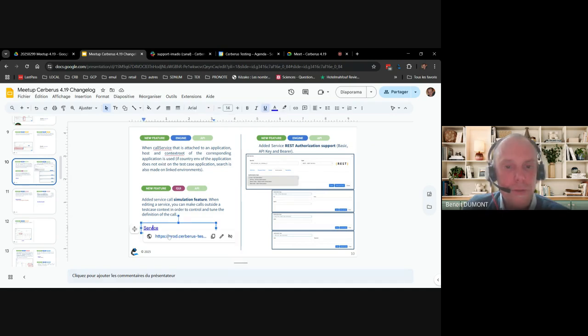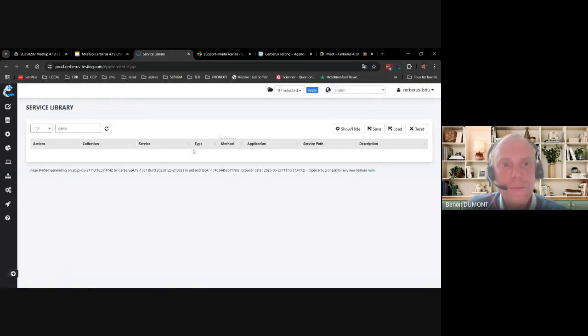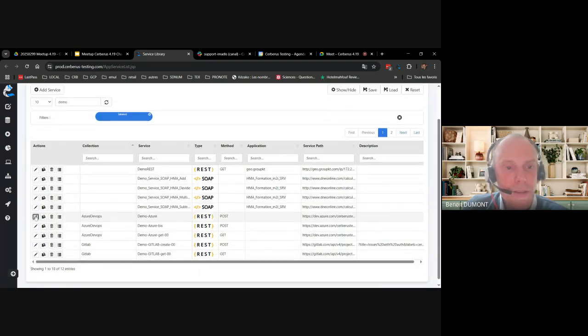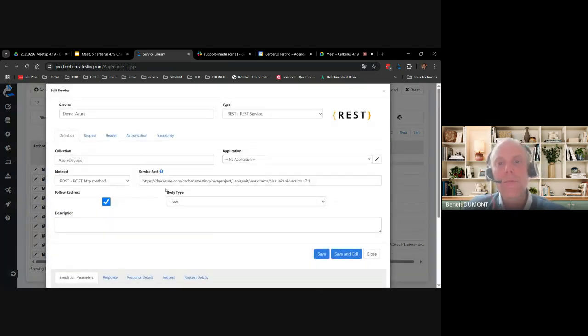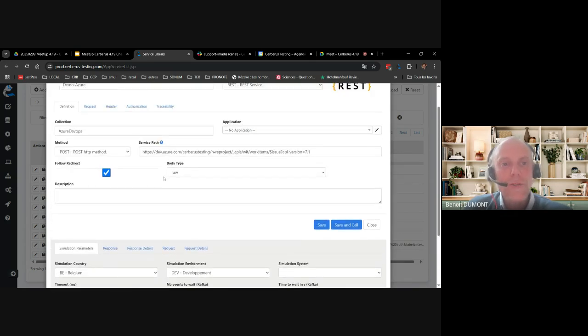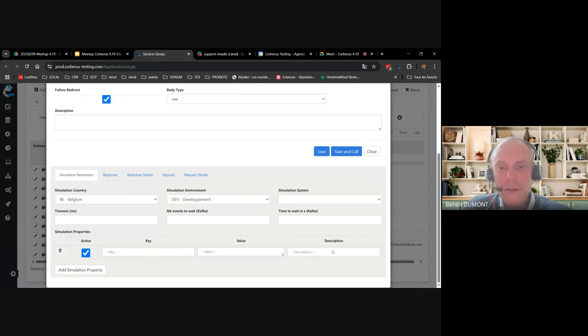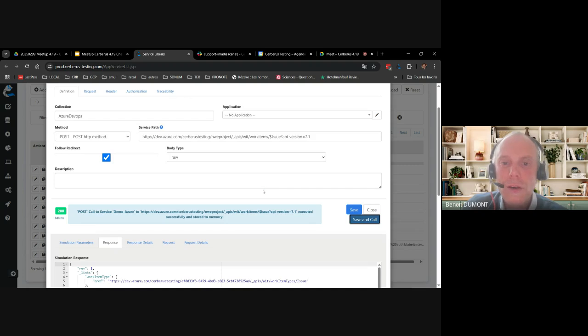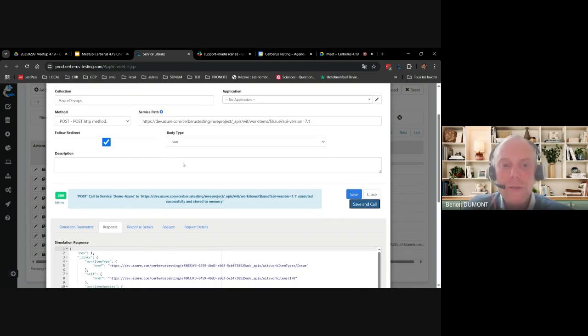And I will show you directly inside the GUI. So I will take probably that service as an example. So first thing to illustrate is that here you find on the bottom of the module the section that allows to make some simulation call. And basically, in order to perform the simulation call, you just need to click save and call. And the call of the API is made directly from that screen.